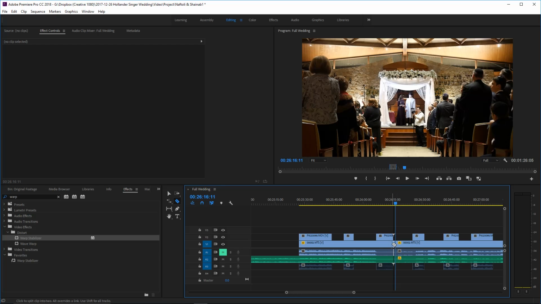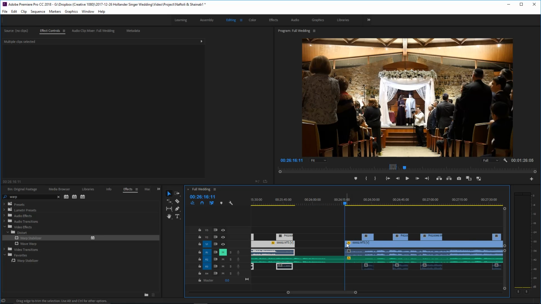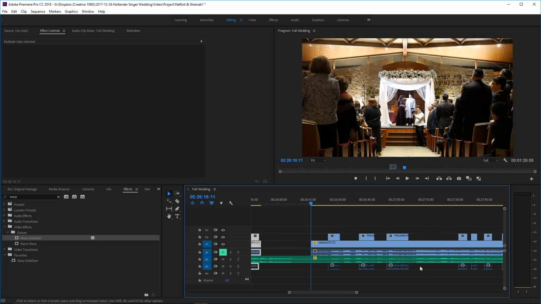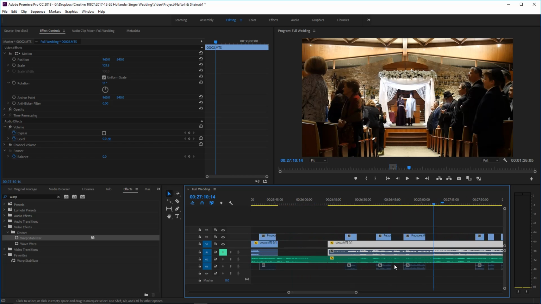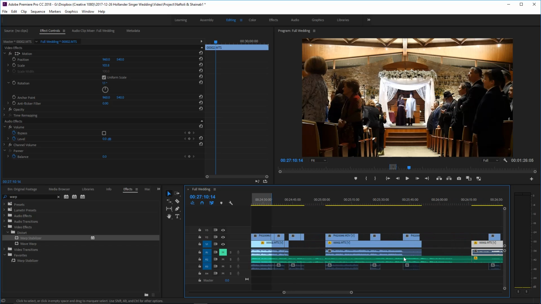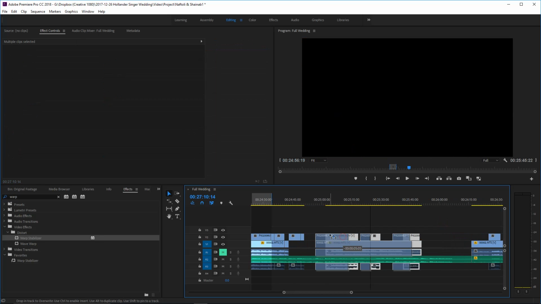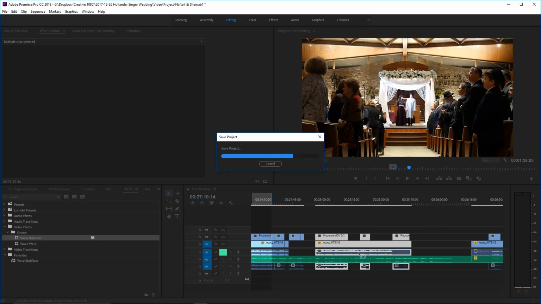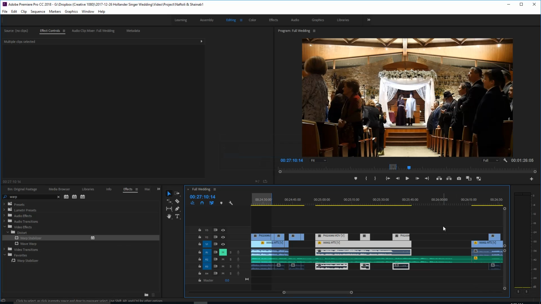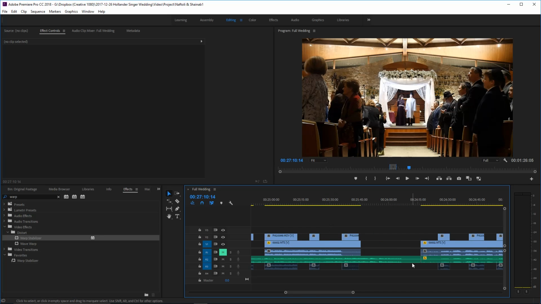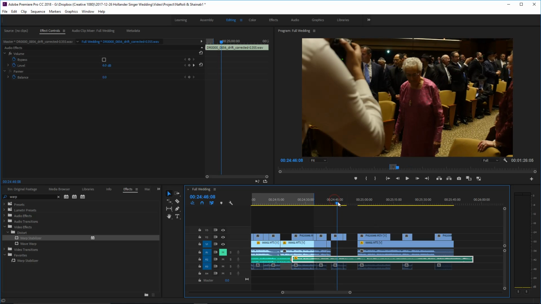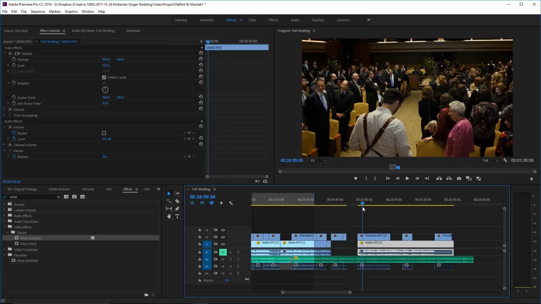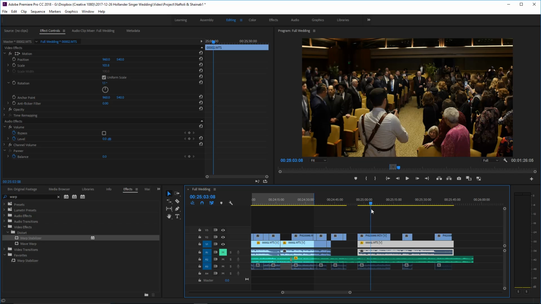We're going to go to, starting over here is where the bride begins to walk down. So again, I'm going to do the same thing I did before. I'm going to cut the audio track so that I could keep track of what I'm moving on the timeline, because everything from this point on, I still want to keep lined up. You see right over here, there's a music point that's in sync, and the vocals are going to all be in sync. But this entire section here, I'm moving independently, and it won't affect anything else.